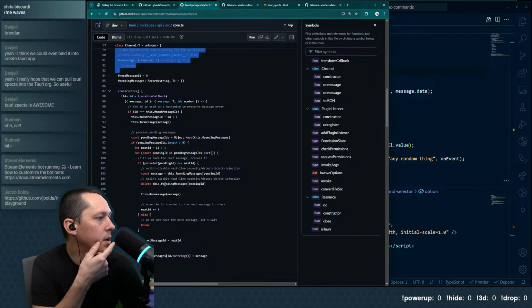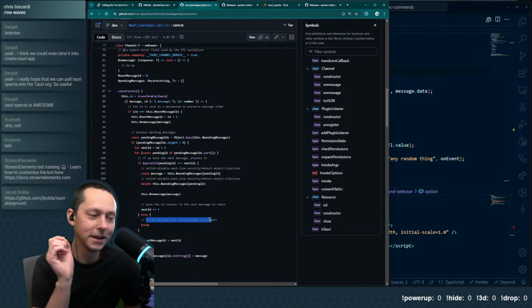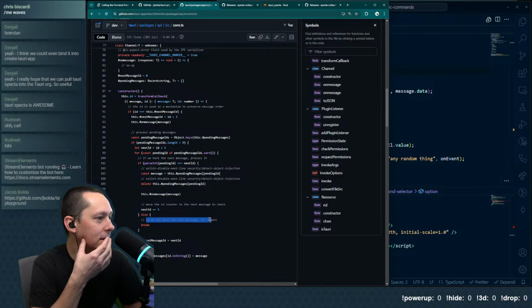It is basically just looping through all of the messages. If we do not have the next message, let's... oh, wait. I paused because, what is it actually doing?